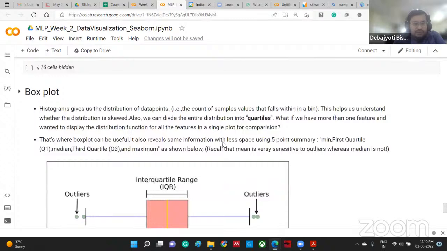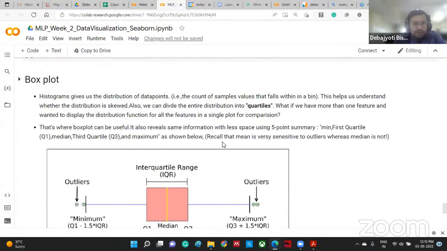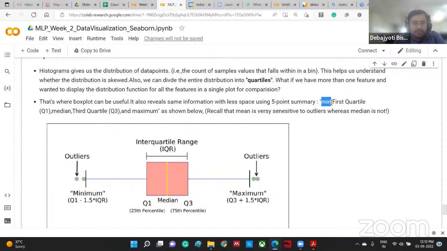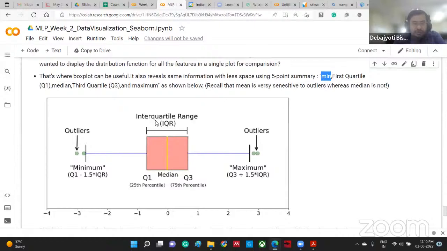What else? So yeah, so this box plot, you know what a box plot is, right? So a box plot reveals the minimum value, the first quartile, median, third quartile, and maximum, right? A box plot has an interquartile range, which is represented with a box, and then there are two whiskers, right? And the values which are outside this bar, which is vertical here, or in some cases it can be horizontal also,